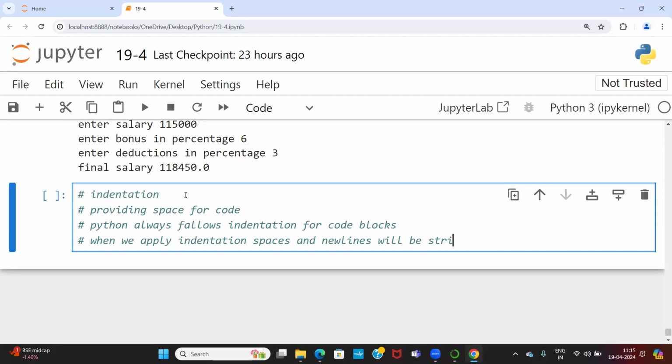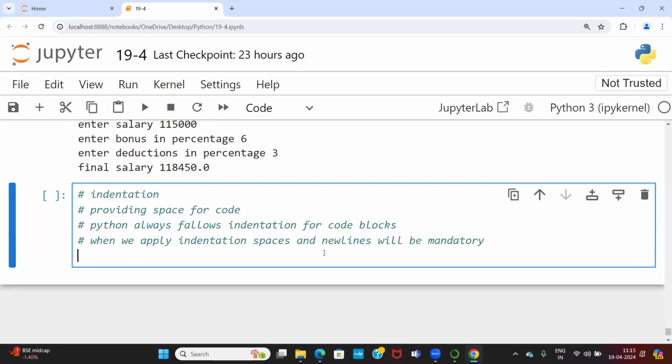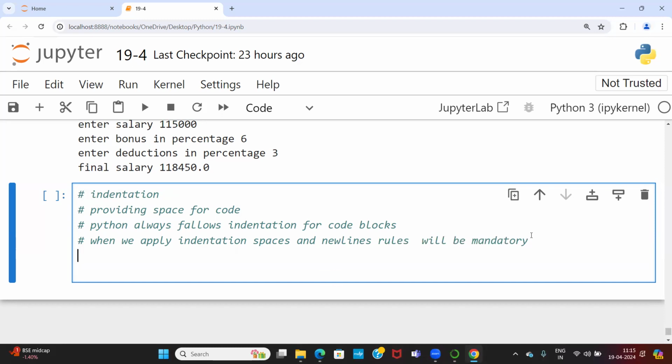Straight or strict or whatever, it will be mandatory. Spaces and new lines rules will be mandatory. Whatever the rules are available, those particular rules are mandatory. And coming to one more point, indentation is available for conditions,